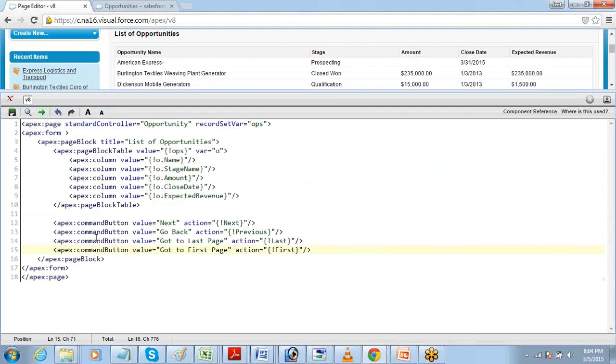Okay. Now we have created a standard list controller page. We have done the pagination on the standard list controller. That's fine. Now the next thing that we are going to get into is